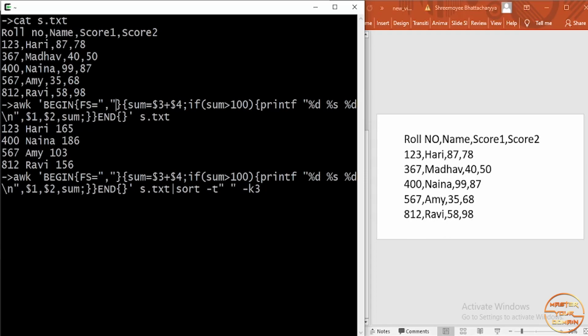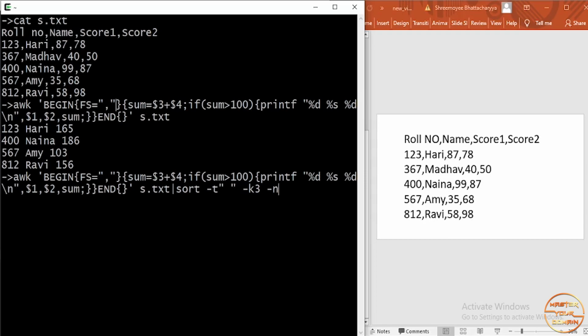Now see, sort is the command, and -t, -k are options. Just remember one thing, every command comes with lots of options, and every option starts with a minus sign. Fine. So for the sort command, t defines the input field separator. In this case it's a space, and k3 means I'm going to sort on the third field, and then I need to mention that I want sorting on a numerical basis.